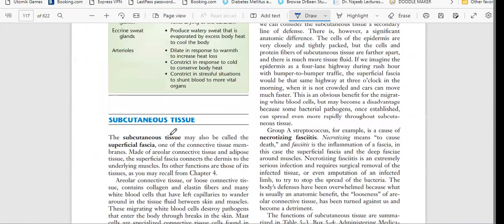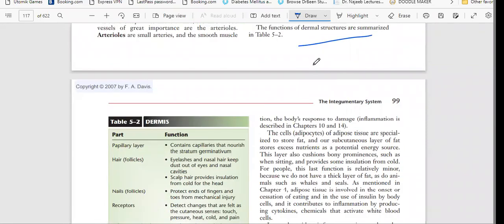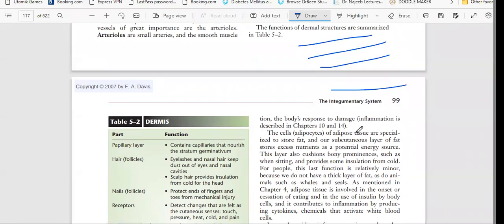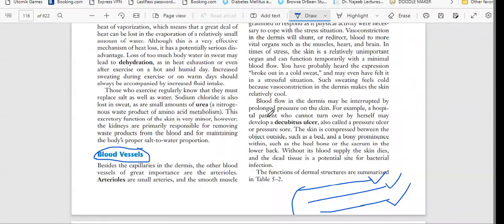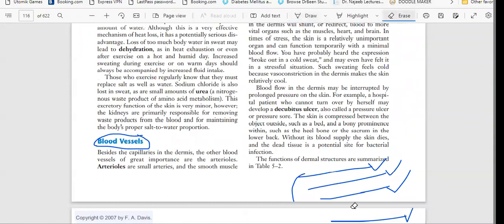Next, we have another layer that is called subcutaneous layer. So this is the third layer. First layer is epidermis, next is dermis, next is subcutaneous. Then we have muscular, then we have bone. So before bone, we have one layer, two layers, three layers, four layers. So we have to cut down the four layers, then only we will enter into bone. Okay. So today, let's talk about blood vessels, which are present in